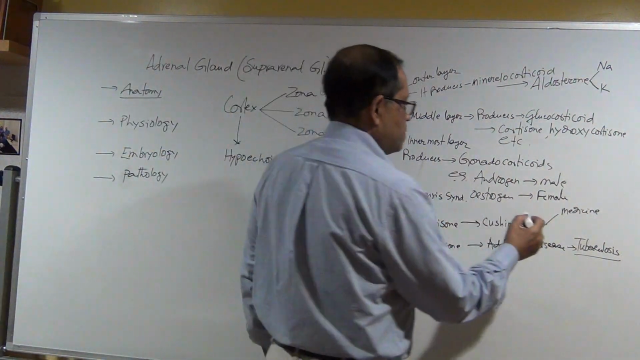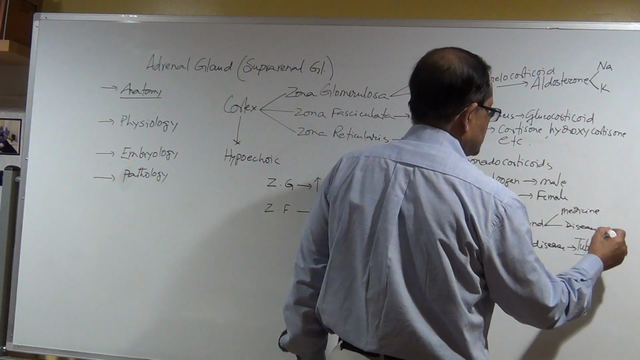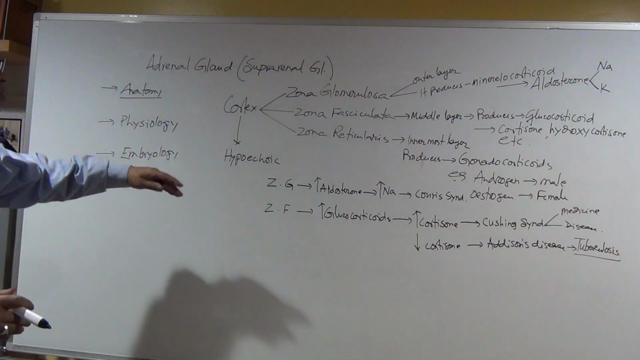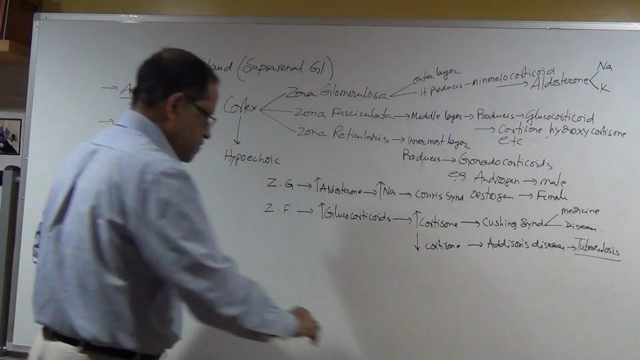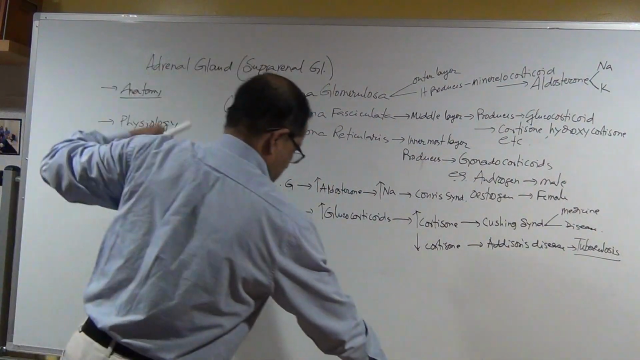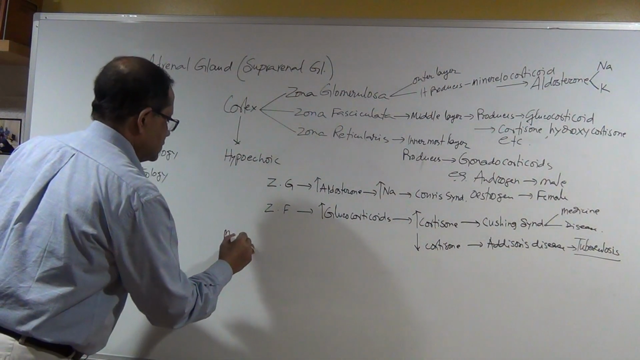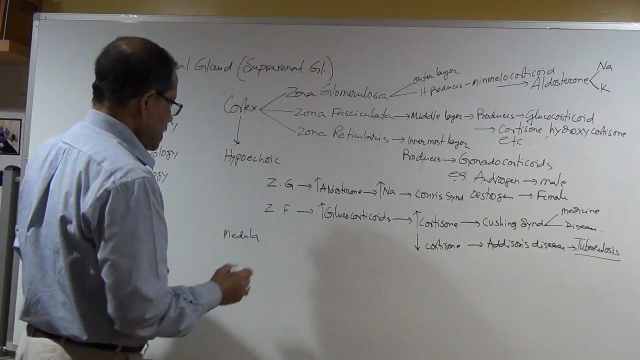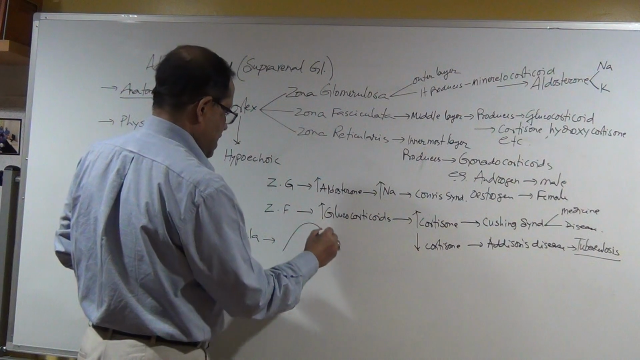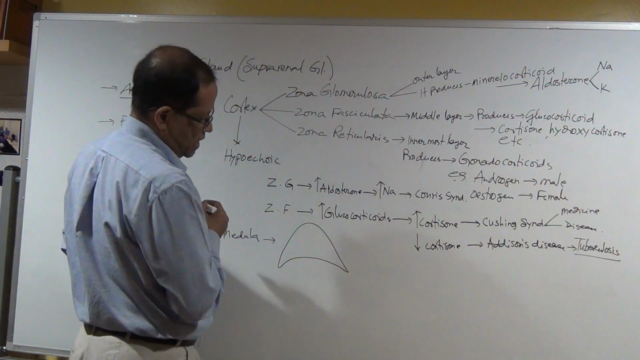Okay, and another one, disease. If there's a disease, what is that disease? I'm going to show you with a brief idea. Okay, let me do this. This is cortex and now medulla. The medulla is the innermost, right? If I draw the diagram of adrenal gland,